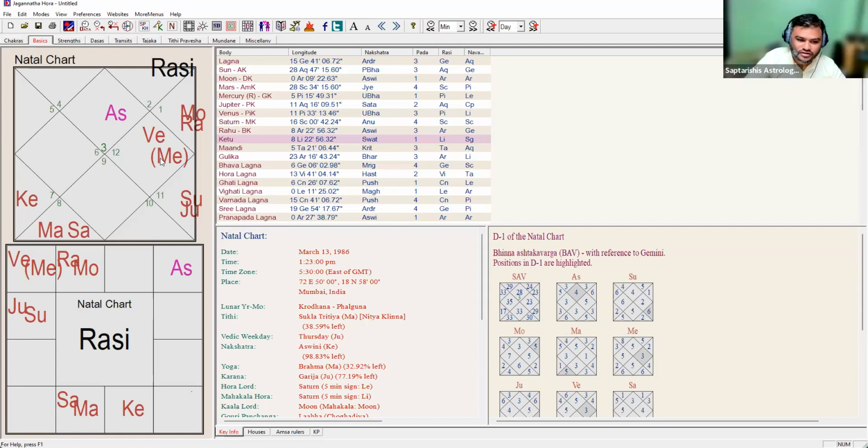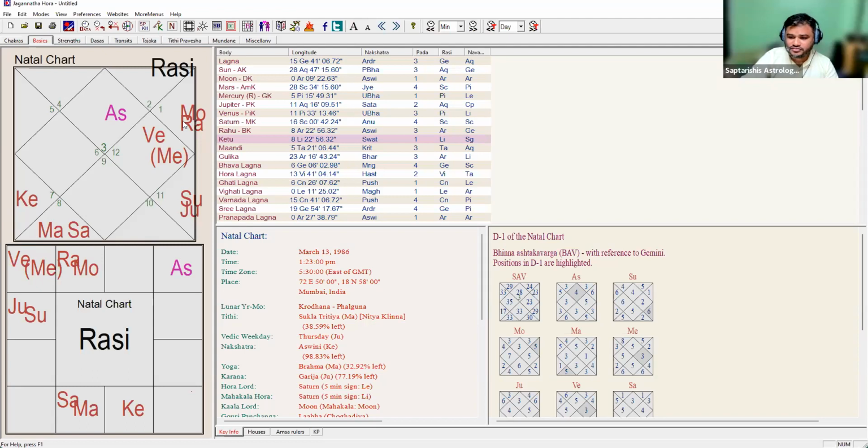And see one more thing. 12 years of Jupiter in Aquarius, 12 years of Jupiter in Pisces, 24 years. After 24 years, 36 years till Aries. After 36 years, the worst time of the native starts. Especially for health and for every matter. Now they're expecting a child and everything.